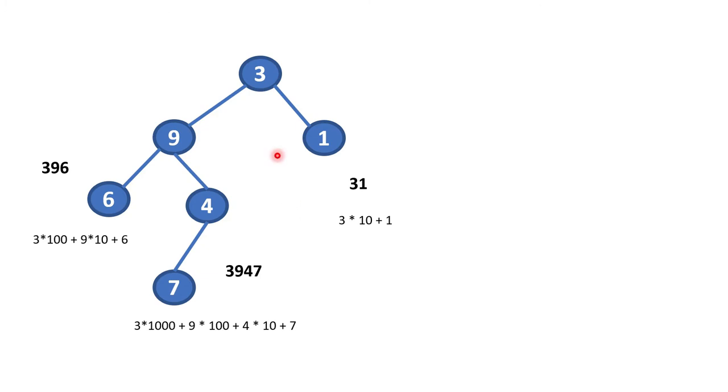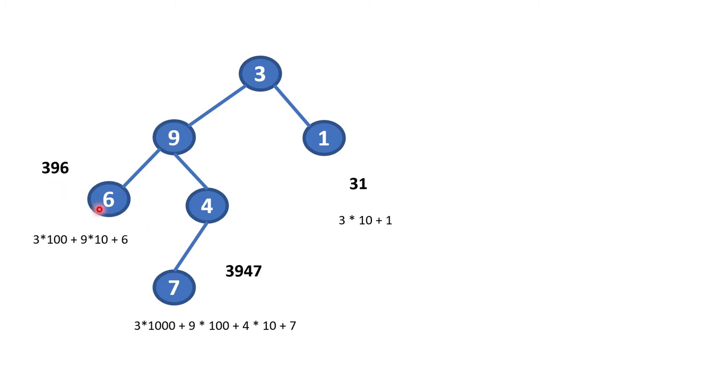So if you notice here, to solve this problem we have to think from top and then go to the bottom. 3 we have to pass by multiplying with 10. Suppose here I have to multiply 3 with 10 and pass it to 9, then it will be 30. Then 30 plus 9 will be 39. That I have to again multiply with 10 and send to both sides. Then it will be 390, 390.